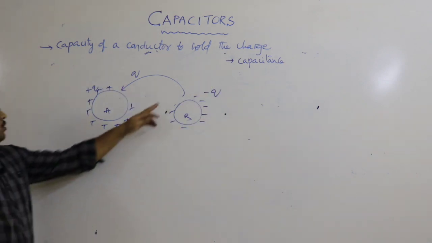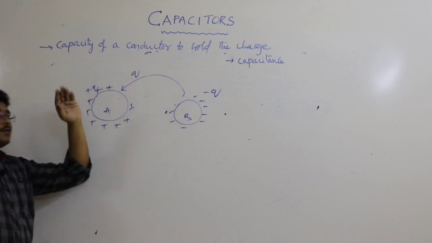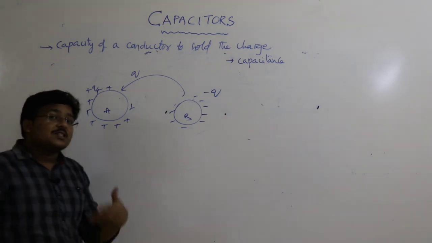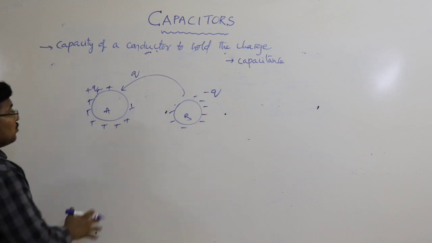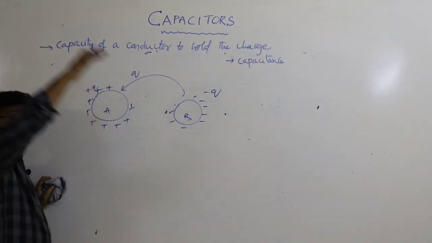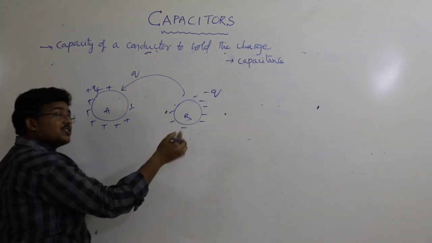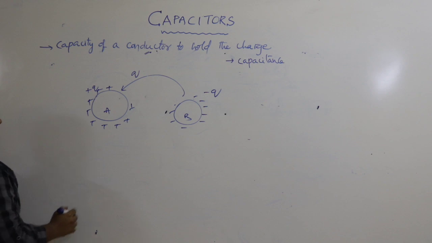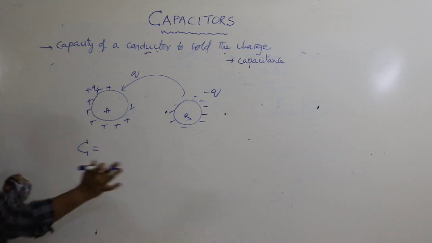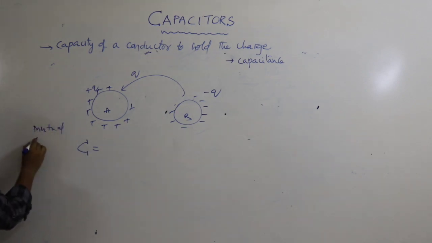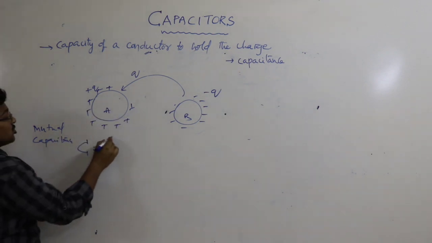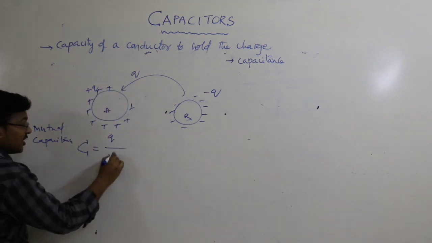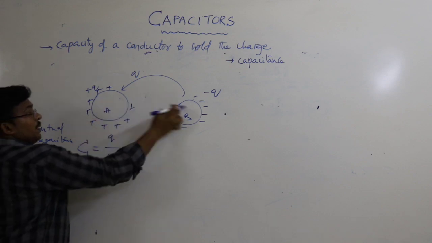Okay? So one charge Q is given to the conductor A. Here the method of charging is done from B. B is giving the charge. In the previous case we took the charge from infinity, but here we took the charge from some nearby point. So we can say this is the mutual capacitance of the system, because here we have two bodies. Mutual capacitance of the system is equal to the charge given, Q, and what is the V? V is nothing but the potential difference